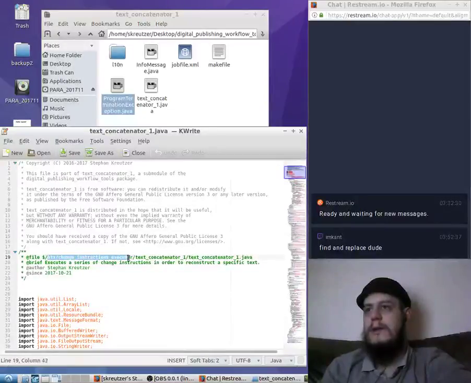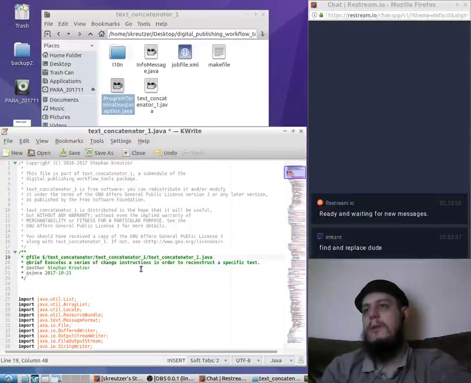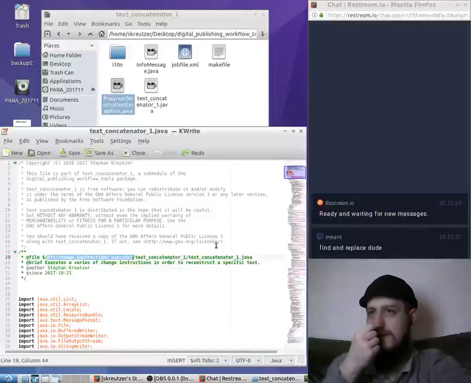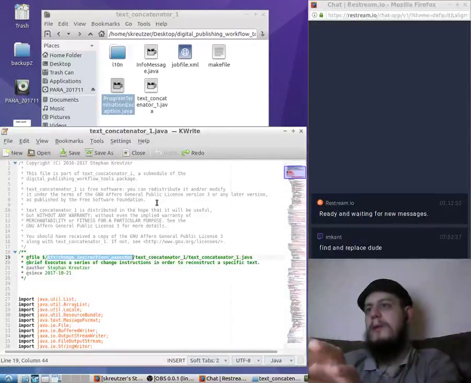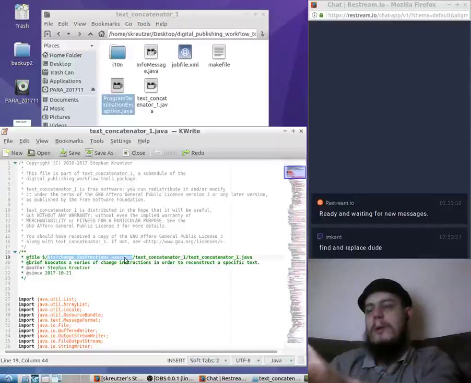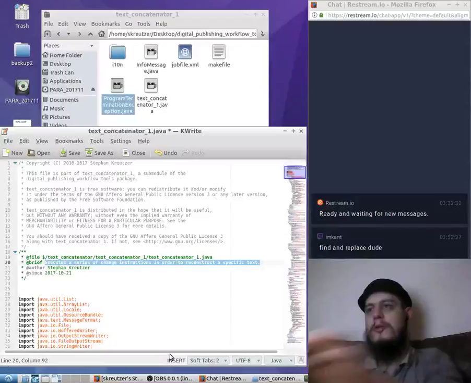And here I have to do that manually, of course. That's text concatenator, because there's the one missing, right? So it did the replacement, but oh no, why did it do the replacement? Oh no, it's correct. So the file name is text concatenator one, and the directory name is also text concatenator one, but of course it wasn't able to change the name of the program from where we copied that code. So we have to adjust that manually